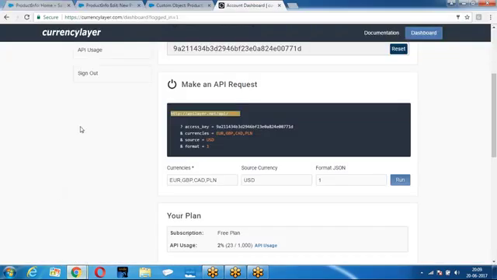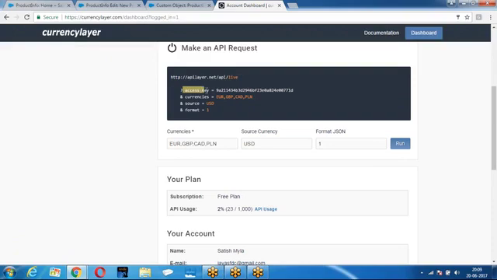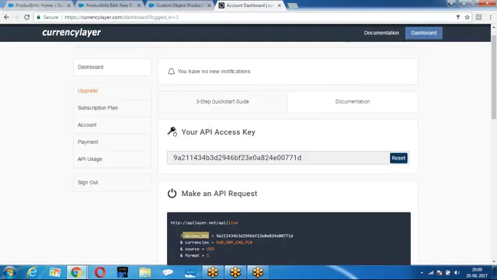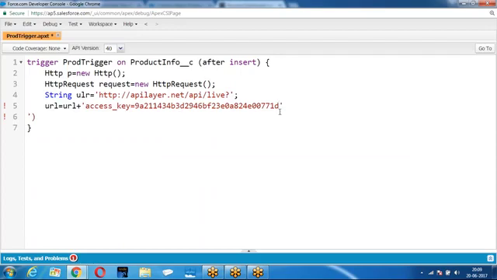Because they told the method is a get method, I am passing my value. Right now, I am passing a hard-coded value because we are not doing a web service program. It's only to demonstrate a trigger with web service. I am just giving a hard-coded value.